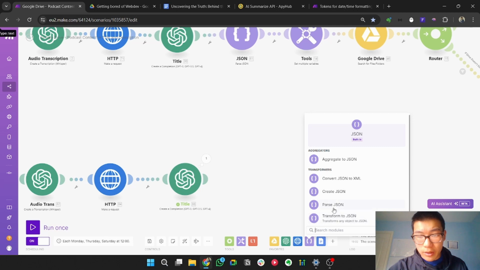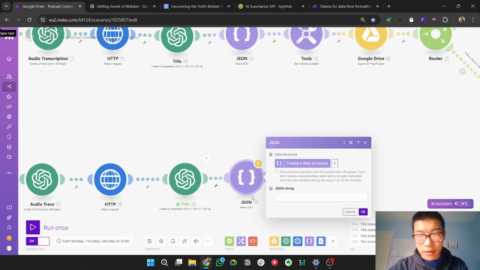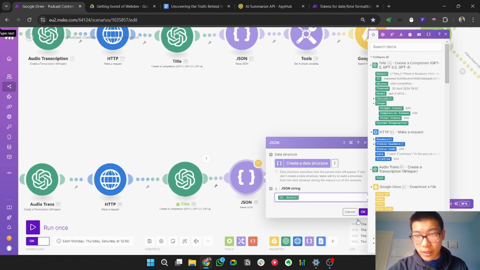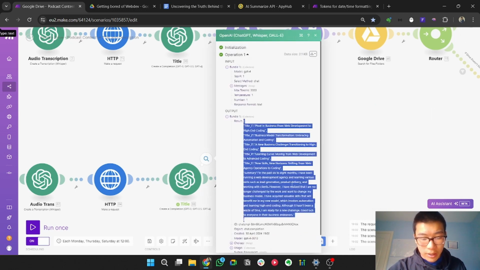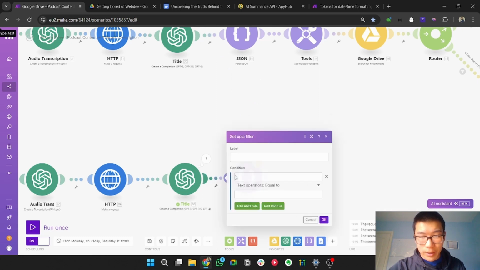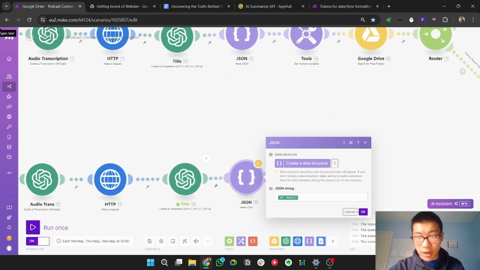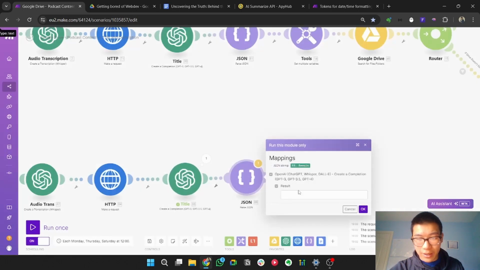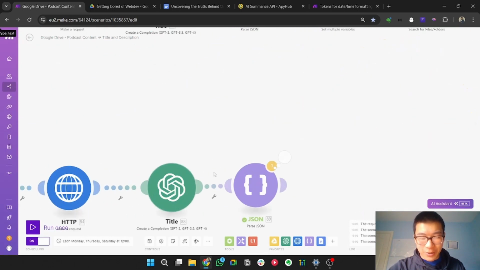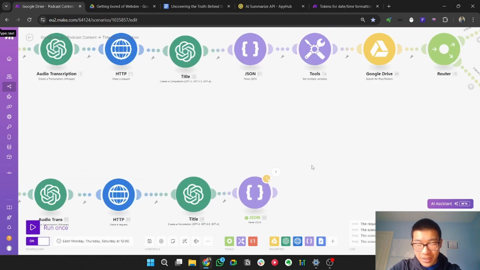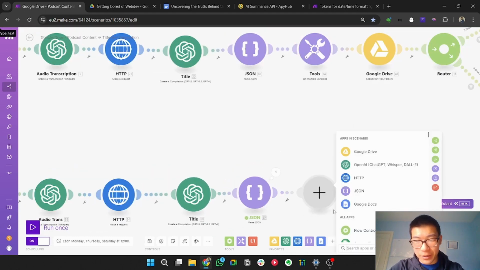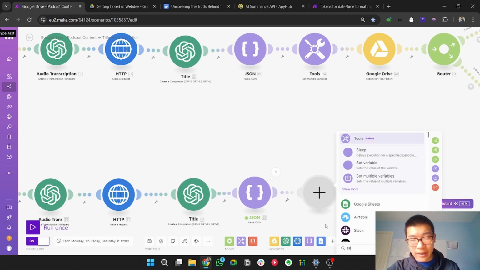So you get a JSON module, parse it like that, and you just input this string in here. The reason you do that is because you then get the variables to mess around with later on. And then you parse the JSON module, and now you have the variables for each one. Super insanely helpful. You have no idea. And then from here, you want to set variables.